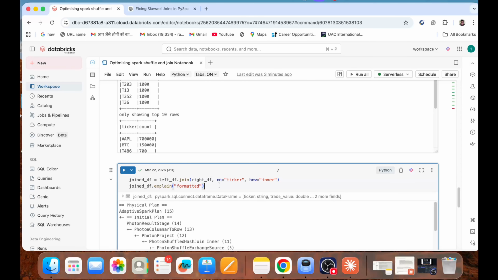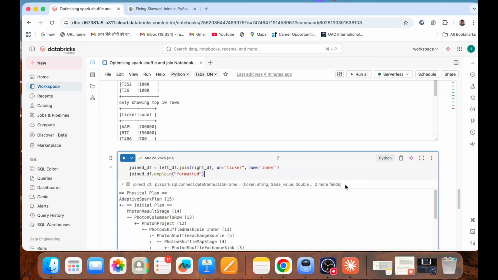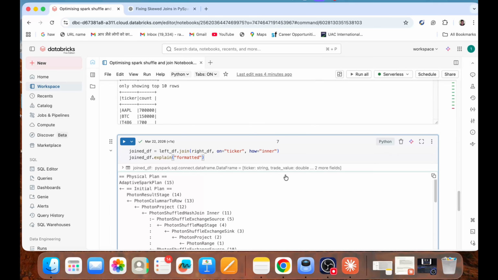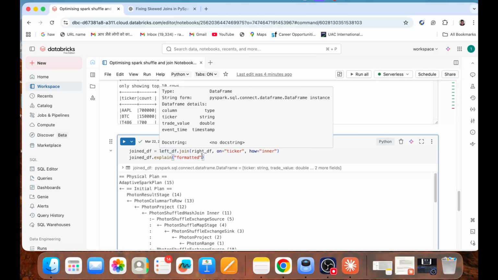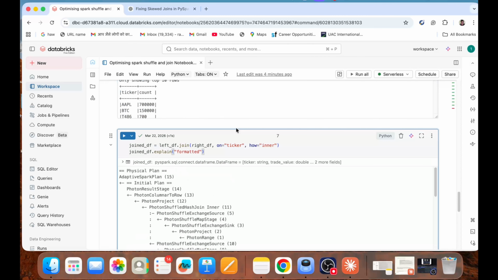And if you are not able to see, for example, the count of records, right? If you are not able to see this count of records while you are running your data pipelines, there is something wrong, then you haven't reached that level of understanding of why your pipeline is taking longer time, besides the features and the topics, whatever, right? So what we do is, now we are joining left with the right on the ticker column. How we are doing it, we are doing an inner join, right? Wherever